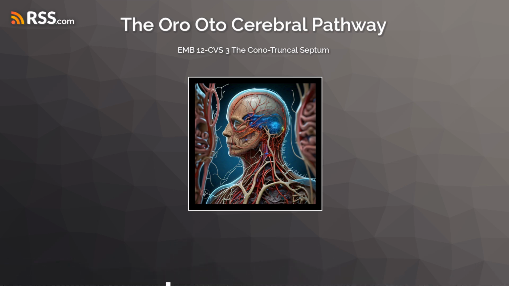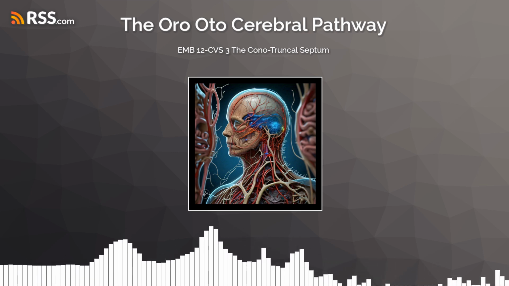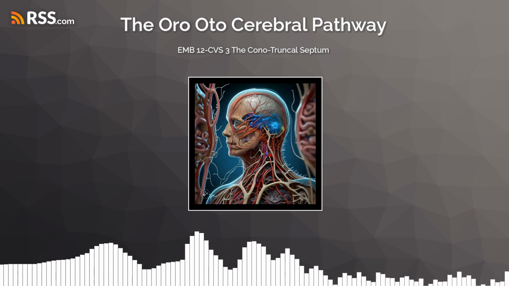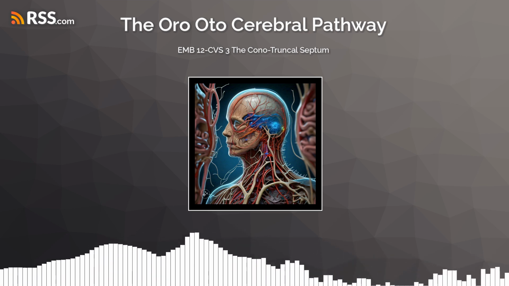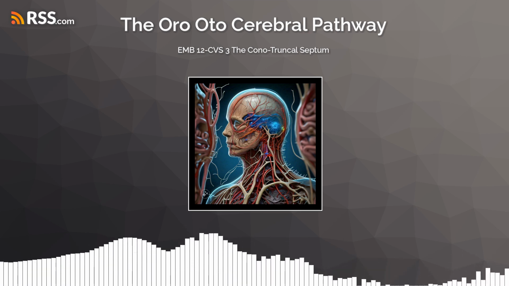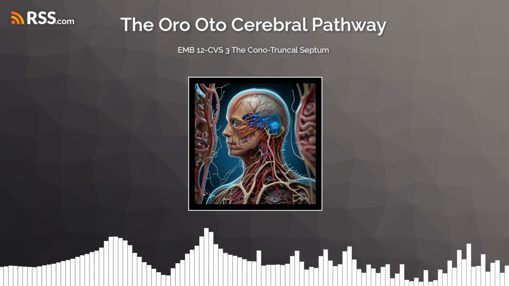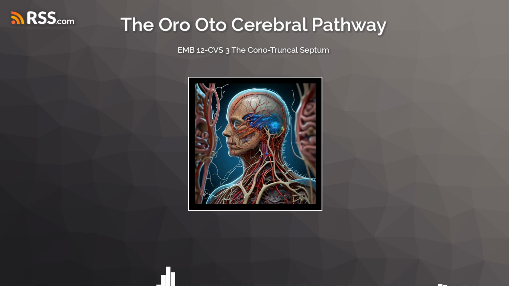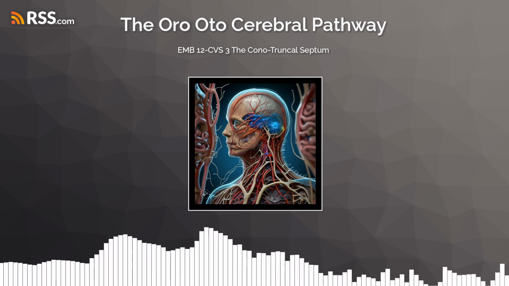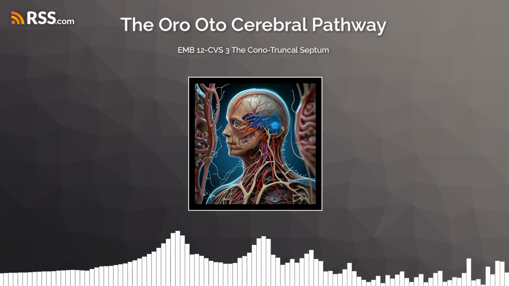The two swellings which we just spoke about fuse to form the aorticopulmonary septum, or because of its nature it is also called the spiral septum, and the septum divides the truncus arteriosus into an aorta and a pulmonary trunk. Similar swellings, that is right dorsal and left ventral conus swellings, appear in the conus cordis. These fuse with each other and the spiral septum to form collectively the cono-truncal septum, which is a spiral and